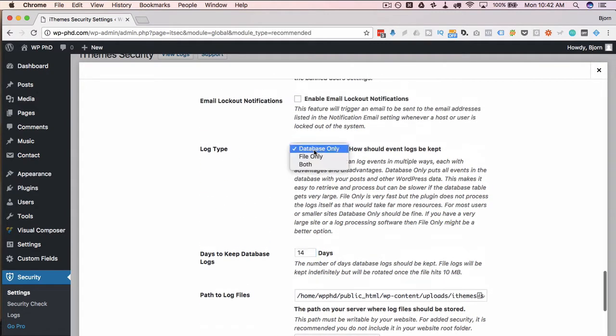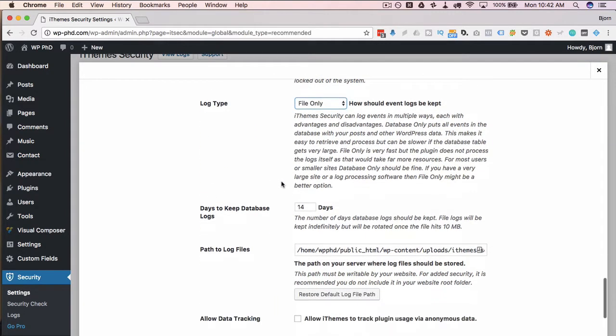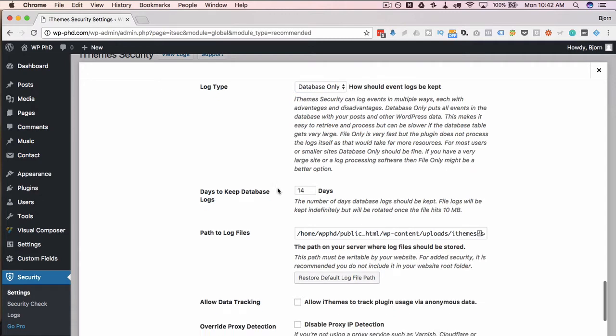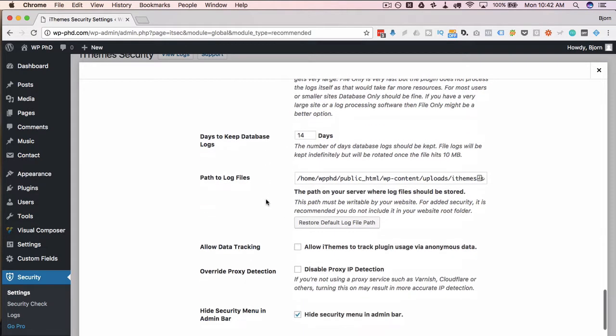If you use a file instead of a database, then you could set this to 0 and just download those files every once in a while and allow a fresh one to be made. That way you have all the back data and you don't need to worry about your database growing uncontrollably. So choose the one you feel is right for you.